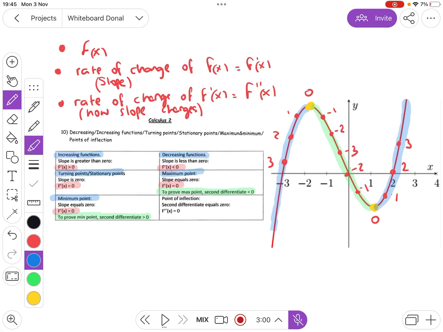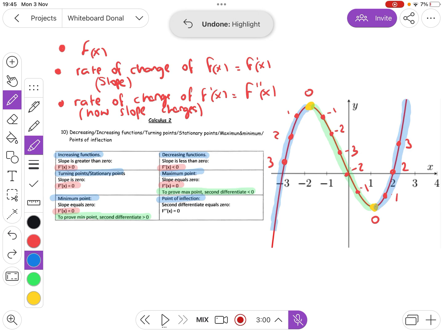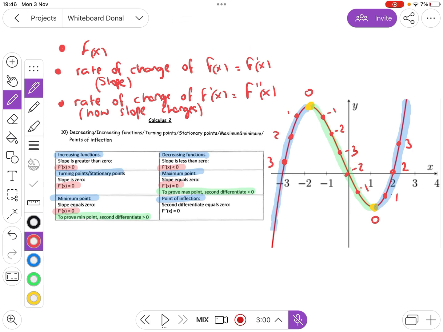Our last section in this calculus 2 part here is to do with the point of inflection. So the point of inflection is a specific point in our graph over here. It is the point where we stop decreasing and we start increasing. So here in this case, what we have is